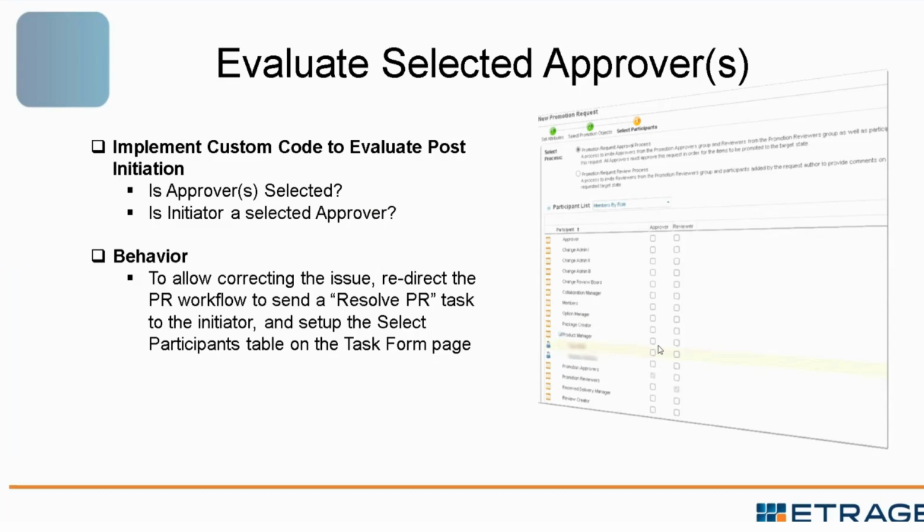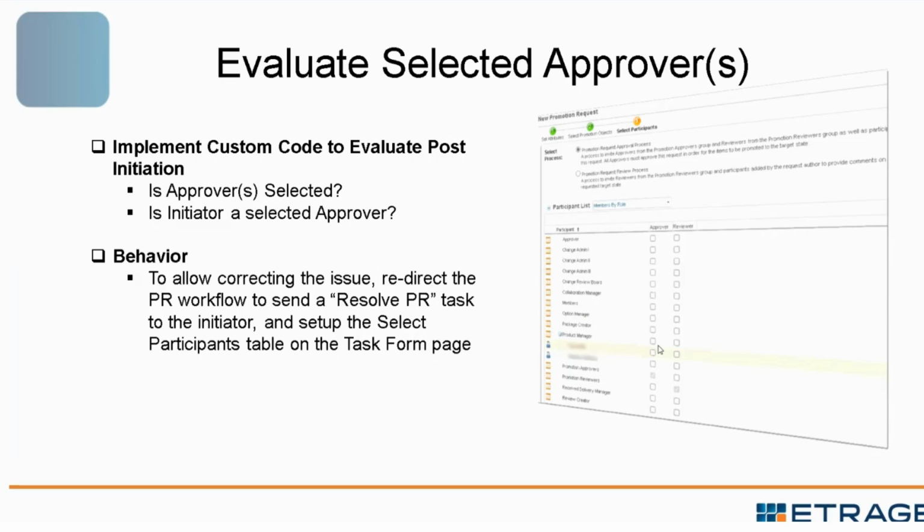permitted in the environment. If you look in the PTC knowledge base, you will see a snippet of code that does exactly what I'm explaining here. But the discrepancy is that the code only works when you select users directly to become approvers. And at that point, if you select yourself, that code works perfectly, and it just says, hey, you should not be doing this, and it sends you the task